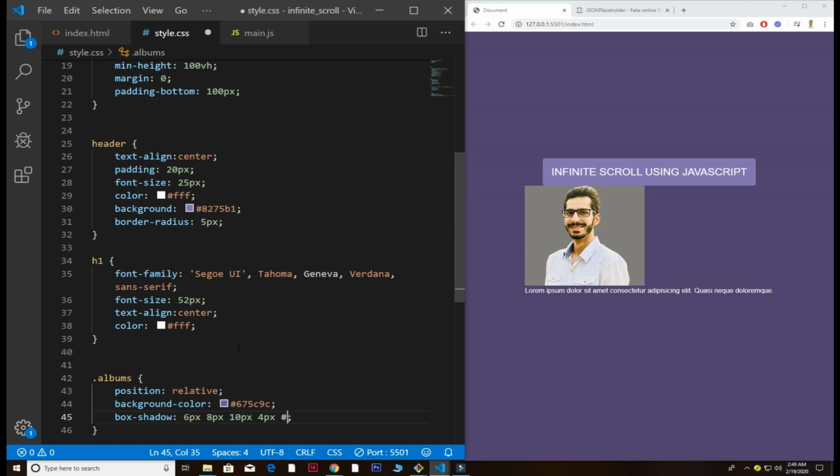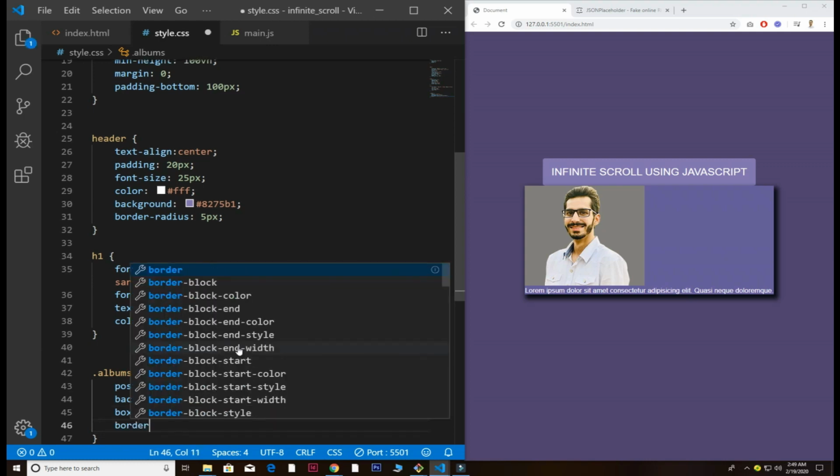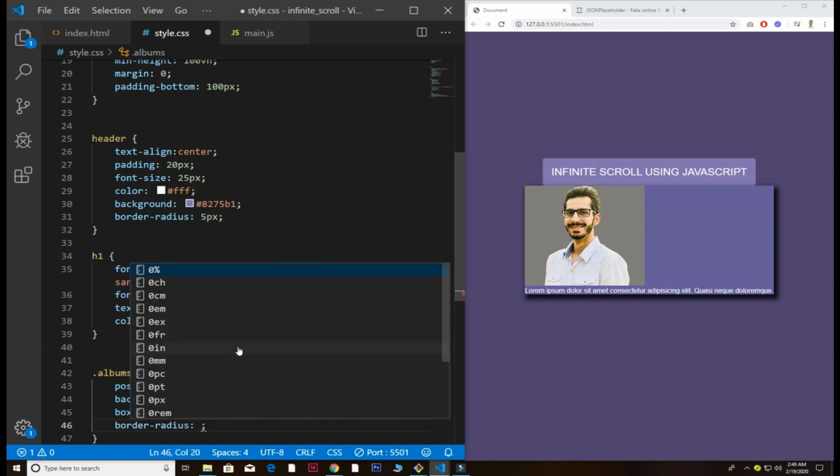All right, color would be 090E13. All right, so now we have our border radius to be 3 pixels,